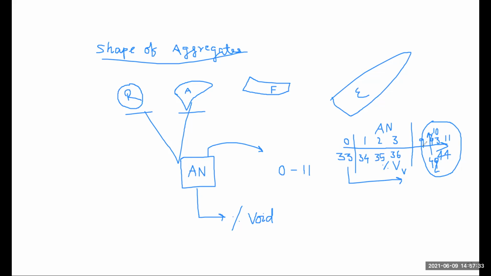Everything is clear for rounded and angular aggregate. Can I proceed for elongated and flaky aggregate? Yes, sir. Okay. Next point of discussion is